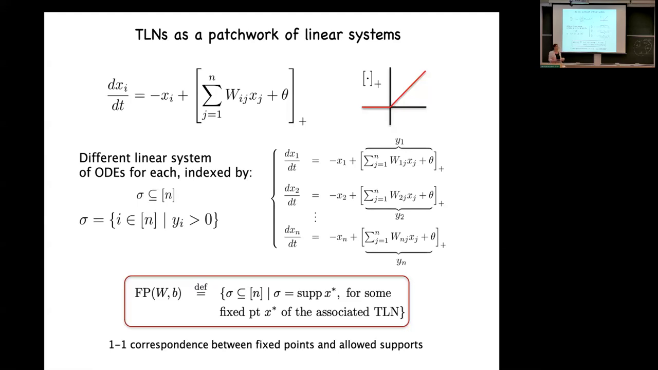To be a fixed point of this network, you have to be a fixed point of one of the linear systems that you get when you confine yourself to a chamber of the hyperplane arrangement, but also the fixed point has to live in the chamber where the linear system that defined it is controlling the dynamics. Yeah. So on the fixed points,